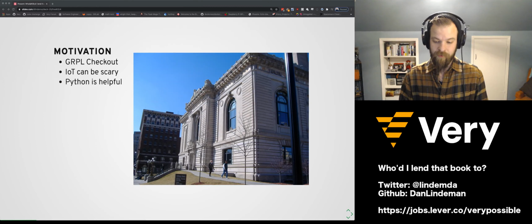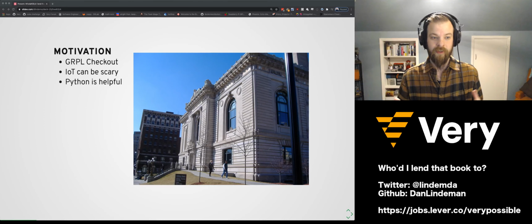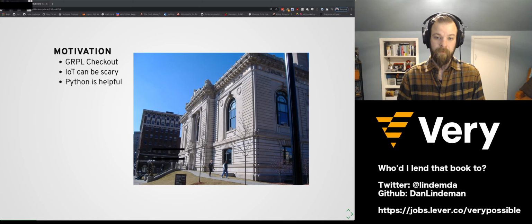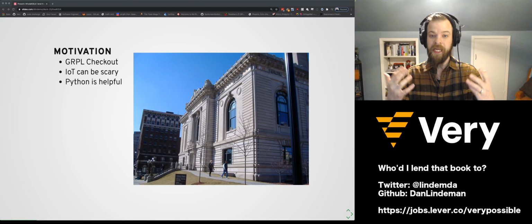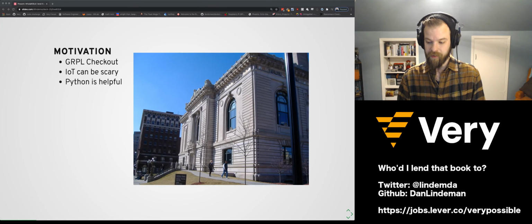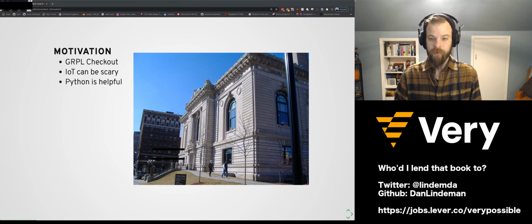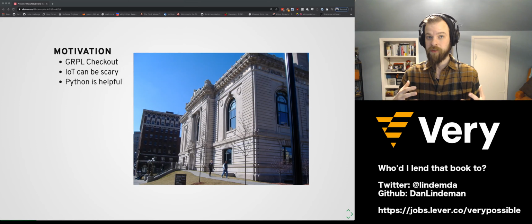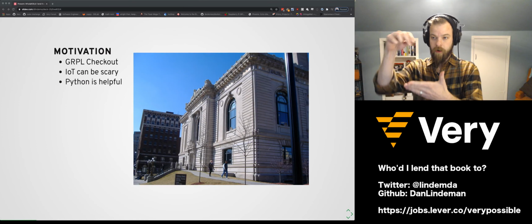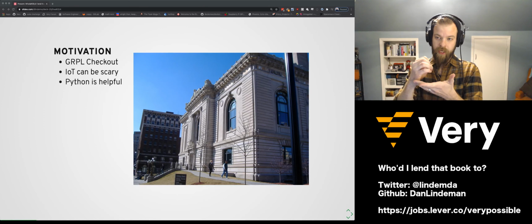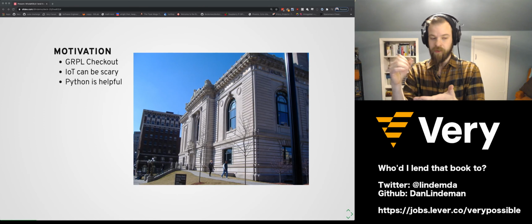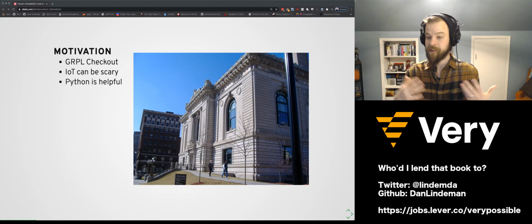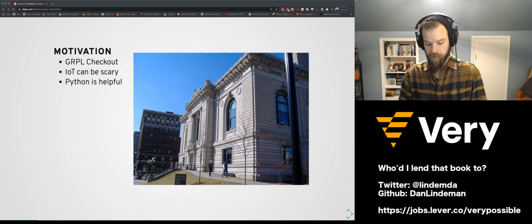And I figure if imitation is the sincerest form of flattery, then maybe I could try my hand at developing a library application. I was inspired because the checkout process changed significantly from when I was a kid. When I was growing up, there was a little card in the back of the books, and you would have to write your name and the date and some other information. And now I feel old.